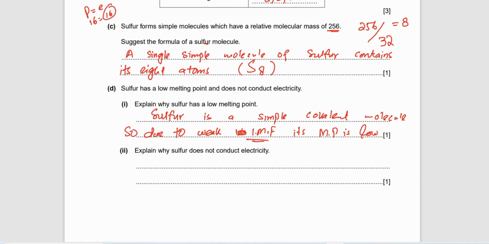Explain why sulfur does not conduct electricity. Due to absence of mobile electrons. Mobile means free electrons, or delocalized electrons. Okay,